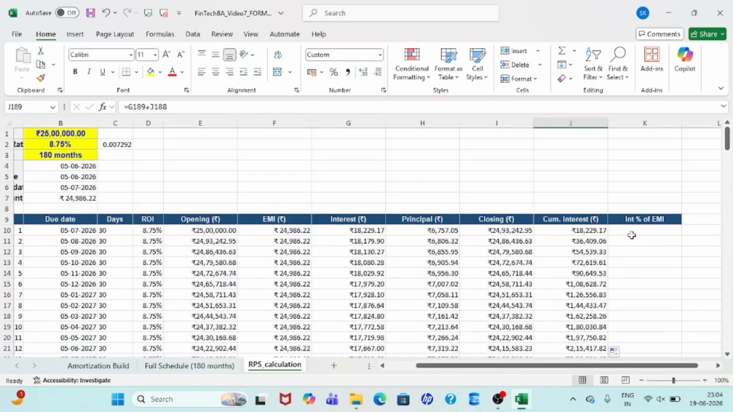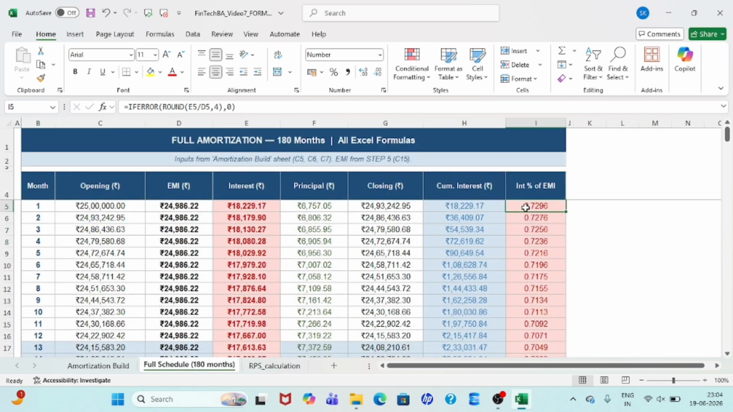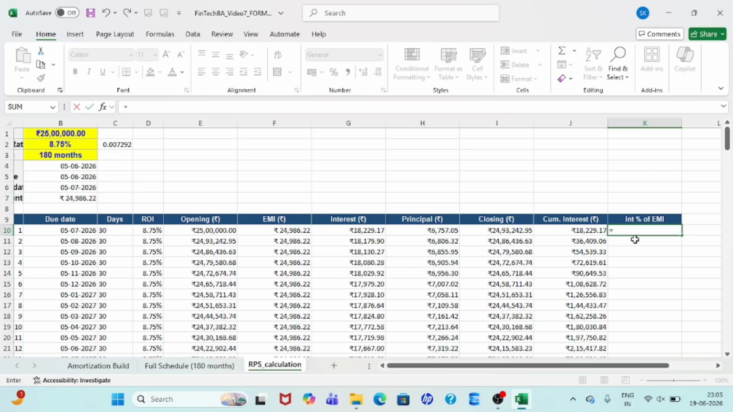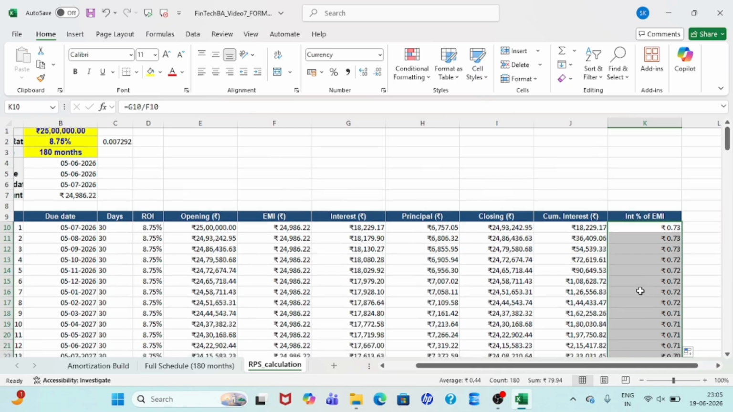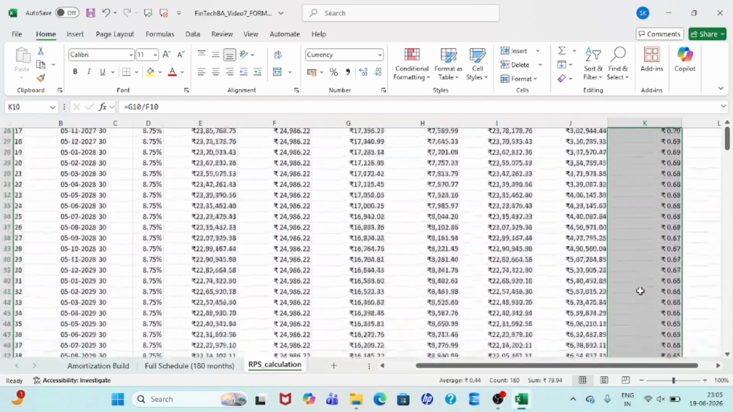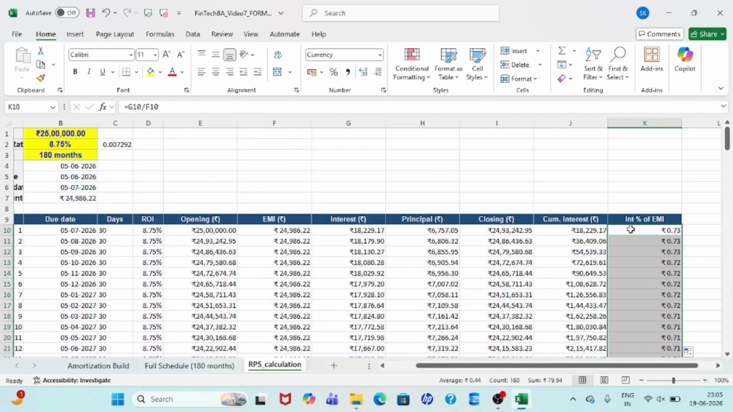Now interest, so here you could see we have done the calculation. So this is a very simple one, interest by EMI amount, okay, simple, interest by EMI amount. So this one, interest by EMI amount, so 0.7. Now similarly we have to do this. So if I drag this till right this way,